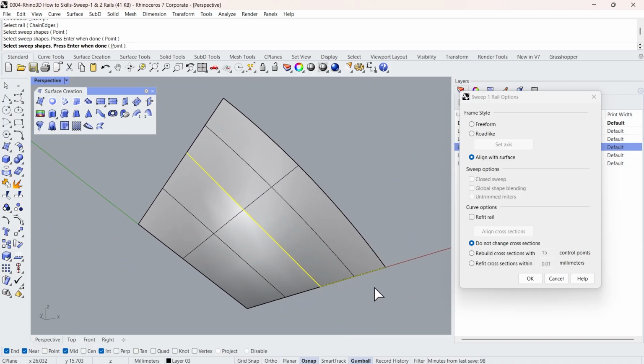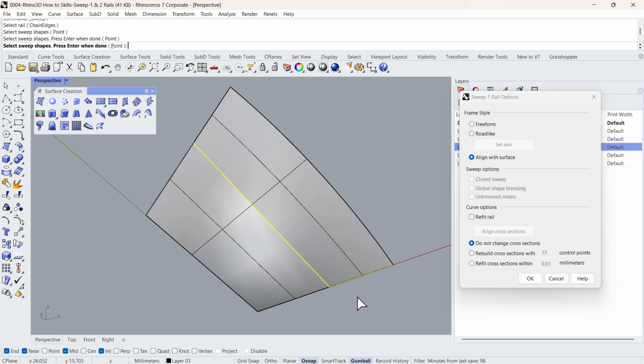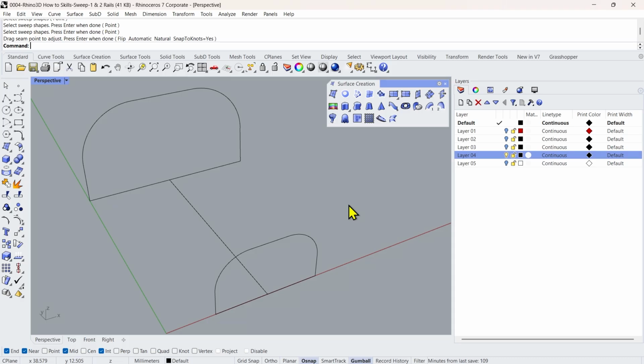So you can extend any surface if you want using the sweep 1 rail also. So we have covered align with surface as well. Now let me give you another very clear example to explain how global shape bending works when we use sweep